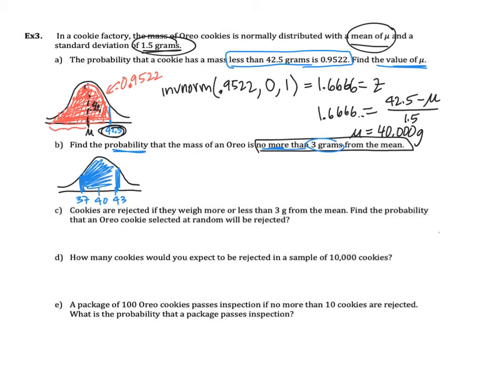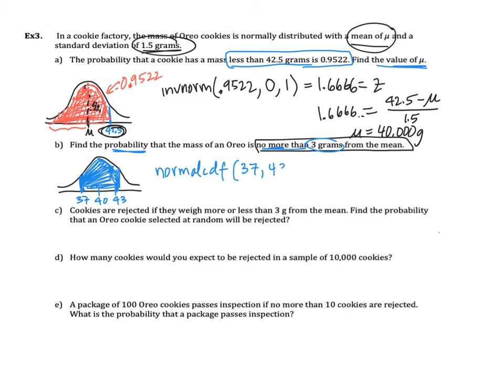Because it's the same number to the right and to the left of the mean, I'm trying to find the area of that blue portion. So how can I do that? Well, now that I have my average and I have my standard deviation, I'm just going to go back to my normal CDF, right? I'm trying to figure out what the area under the curve is between two numbers, 37 and 43. So my normal CDF,